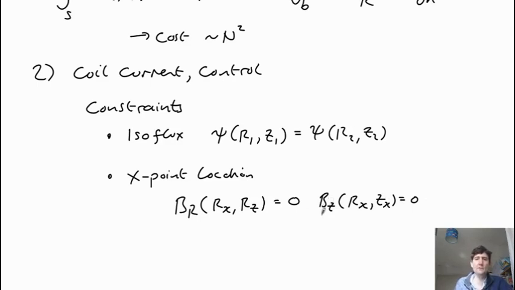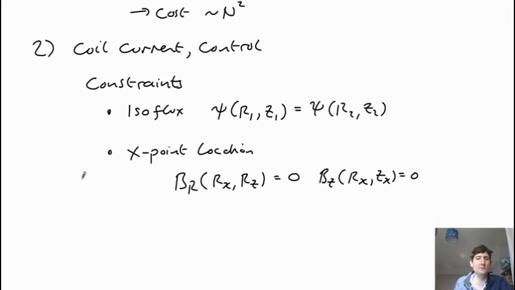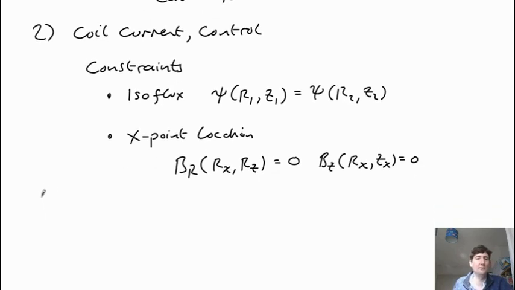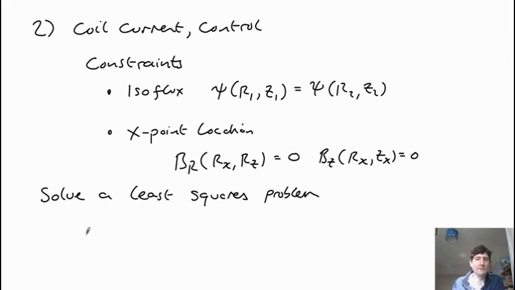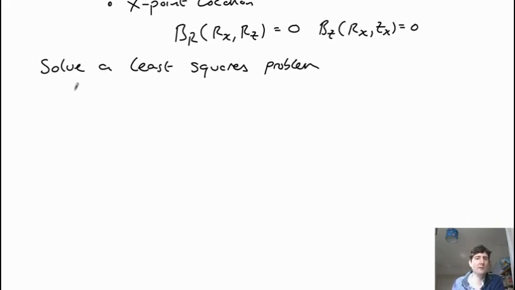And so the control system's job is to find the change in coils which makes these true. In general, this is over-constrained. You might have either more constraints than you have coils, or in some cases you can have more coils than you have constraints. That's more rare. And so typically you need some kind of regularization. You need some way of finding an optimal set of coils. And so typically you solve a least squares problem. We're trying to minimize the error, and the error is given by this quite large expression, so I'll just write it out here, and then we go through the terms. So the error squared.